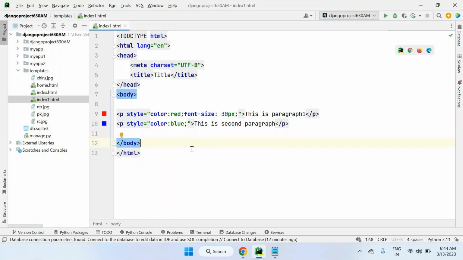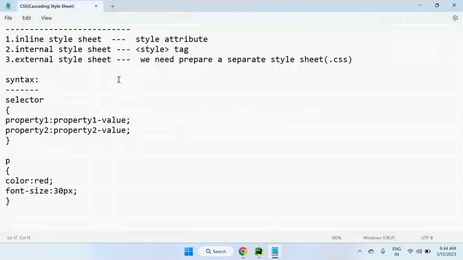Suppose, sir, in my HTML document I have a lot of paragraphs. For all paragraphs I need to apply some common styling. Once I design one styling in this page, it can be applied on all paragraphs. When there are many paragraphs, it is better to go for an internal style sheet. For the internal style sheet we use the style tag, and we use it inside the head section